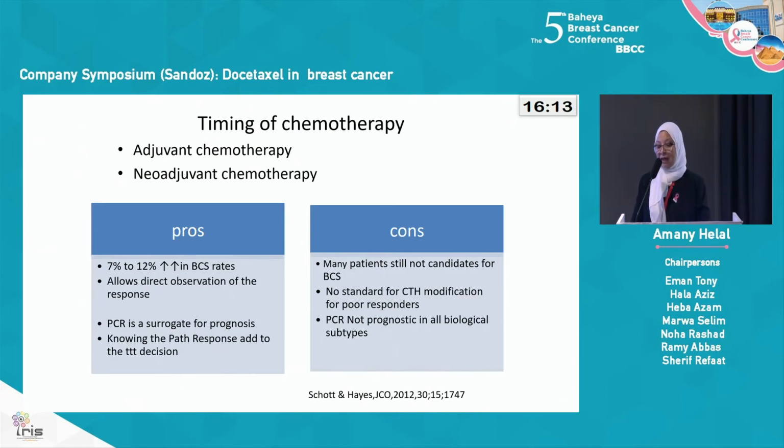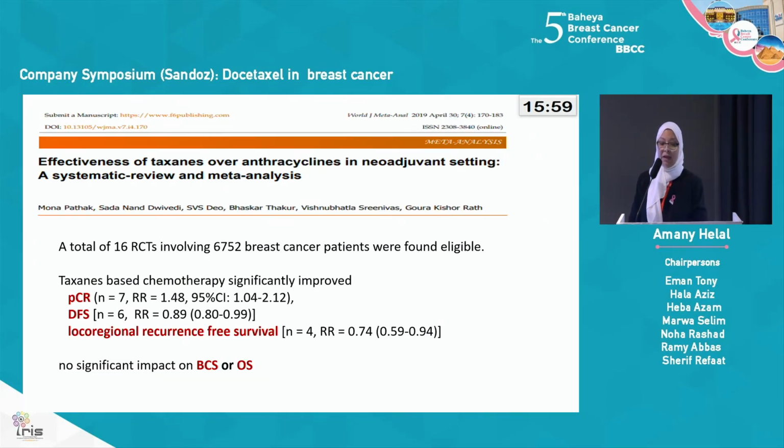Many patients are still not candidates for breast conservative surgery, even after neoadjuvant treatment, and there is no standard for chemotherapy modification for poor responders, and PCR is not prognostic in all biological subtypes. So what is the role of the taxanes in the neoadjuvant chemotherapy? We all, when we are giving a patient a neoadjuvant, are searching for, or pushing the patient into, the pathological CR. Adding the taxane over anthracycline in the neoadjuvant setting, in this meta-analysis of 16 randomized clinical trials, including